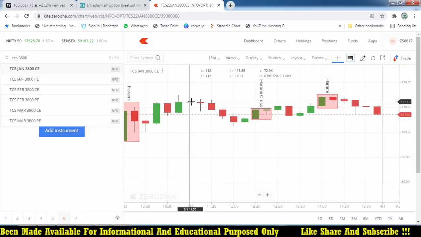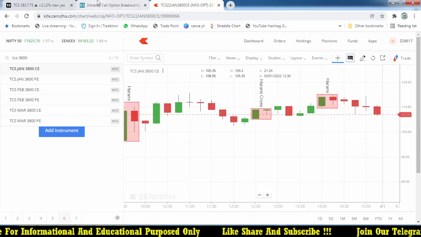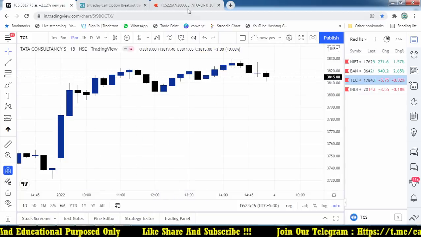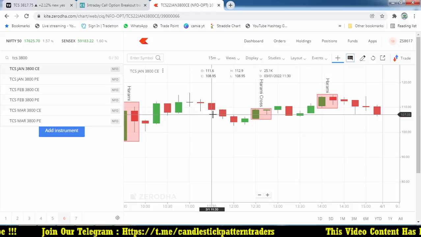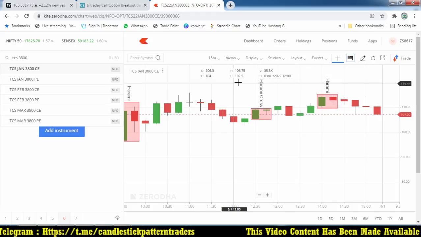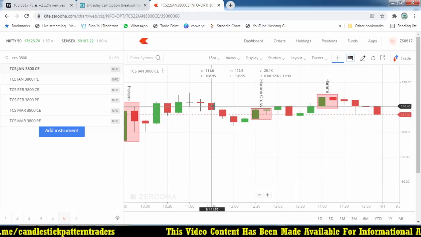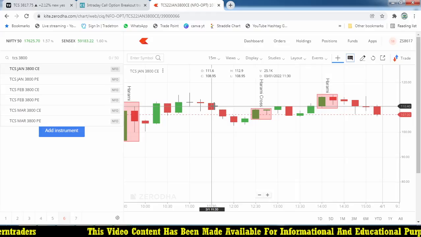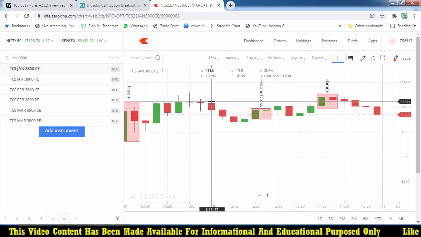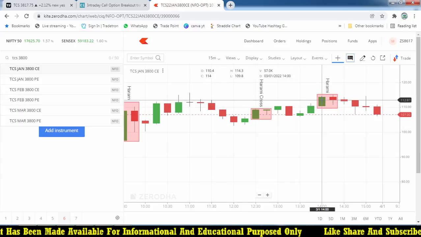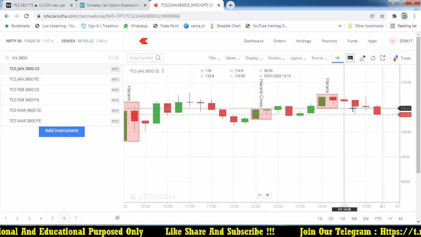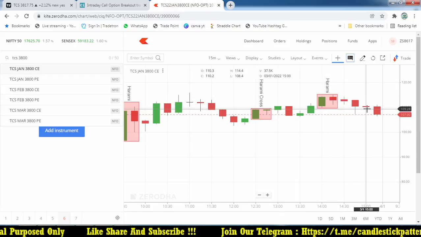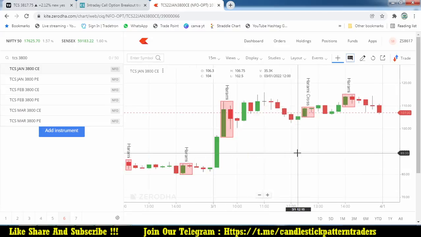Here it is a Doji candle. Sorry, we are going to take the 11:30 candle, the 11:30 opening price. The high for the trade is 112.9 and the low for the trade is 108.95, so somewhere around 109 to 113. The risk is around 5 rupees, with 4 rupees as the max risk. But it never triggered. At the end of the day, almost at 2 o'clock, it triggered and went up just 2 rupees, and again it hit your stop loss. This is the trade we got from TCS.